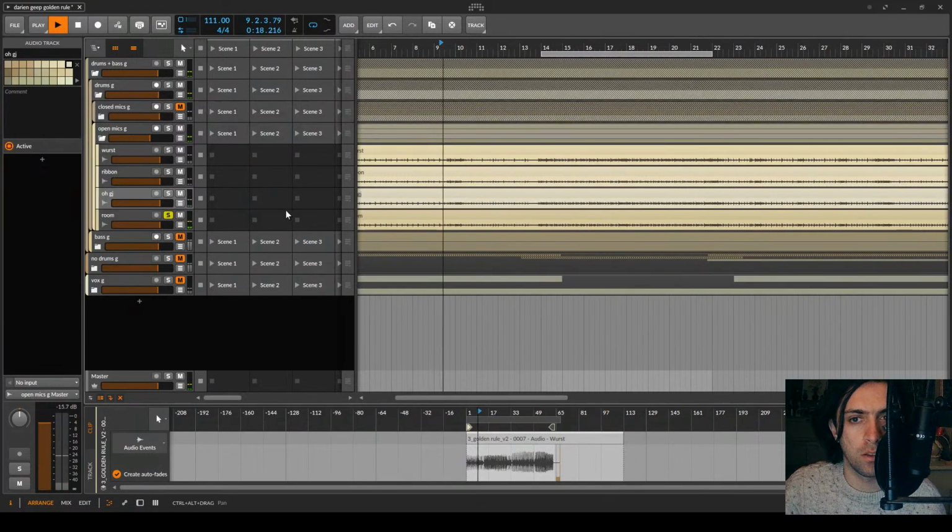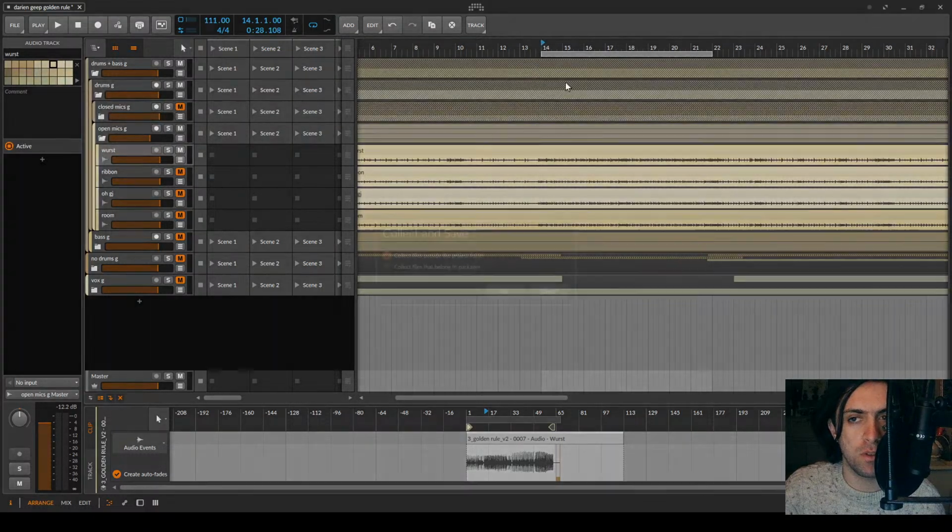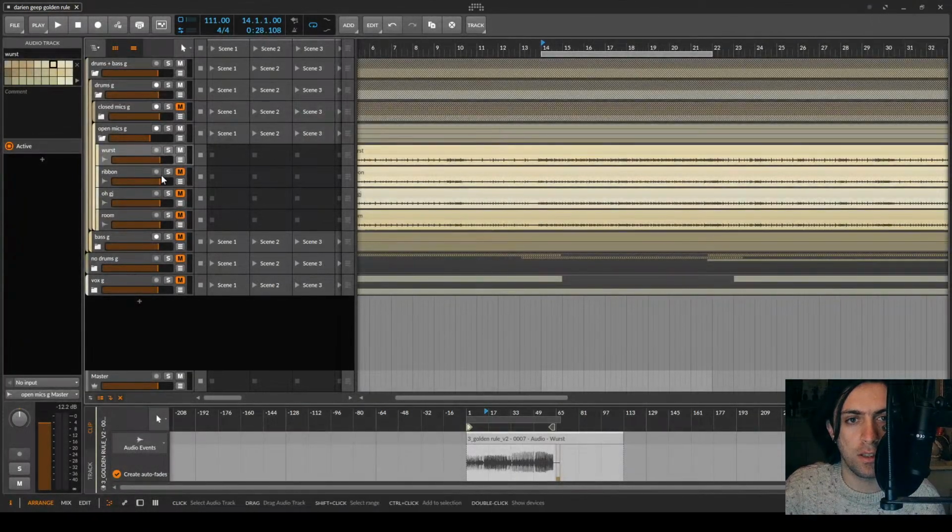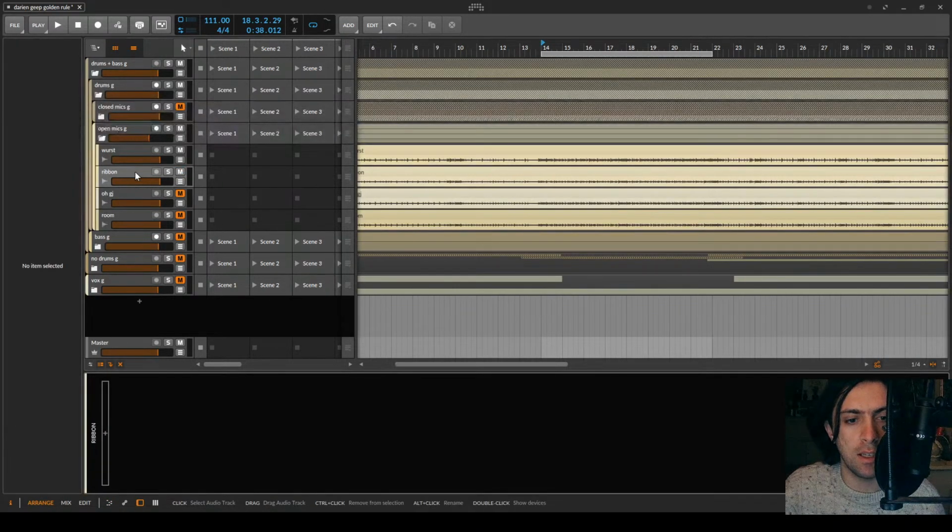And the room mic. It's always good to dial in some room, but I wouldn't start with mixing the room. Actually, I want to start with Wurst. Wurst is the most solid one as it kinda has a good sound on the kick and the snare. And now the next most important thing to me would be maybe that the ribbon one is in it, because it can add the warmth.